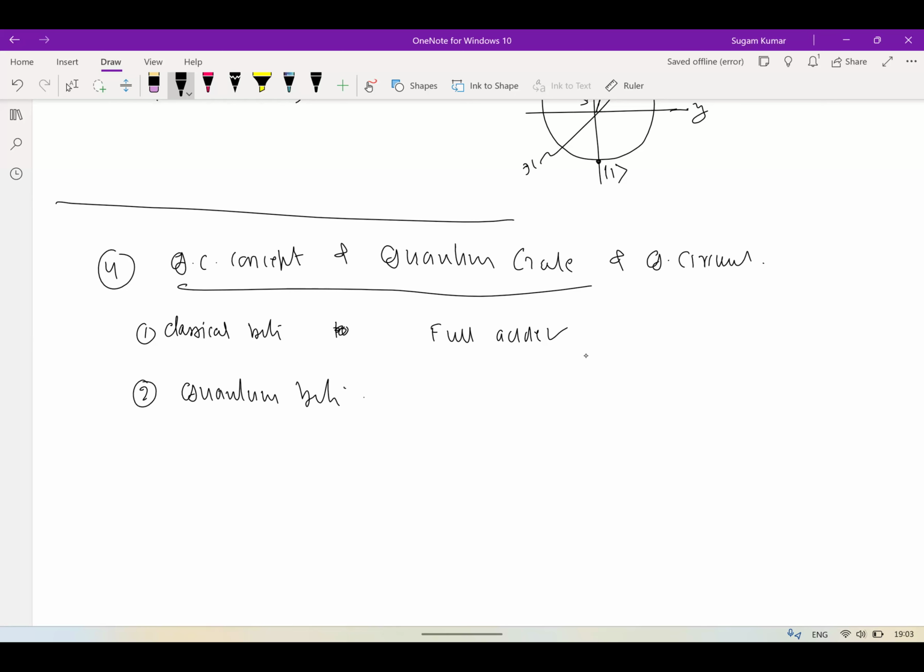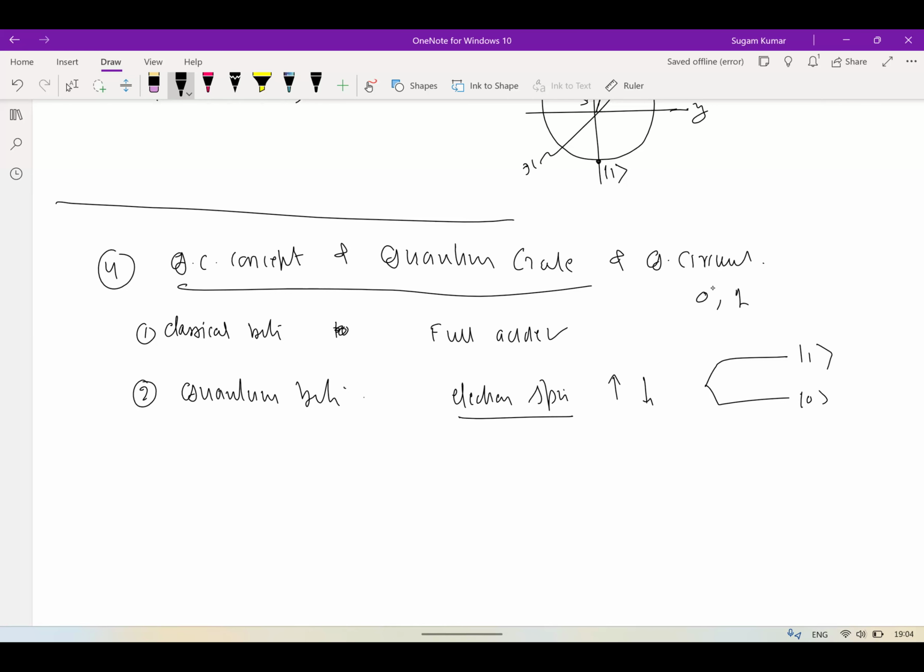So in the quantum bits, I will explain to you that different platforms use different quantum bits. For example, electron spin, which is nothing but existing in up and down spin both. So I need a two-level system. Any two-level system can be used as a bit. Okay, so they can be used like a 0 and 1. So here, for example, it can be 0 or it can act like a 1. So any two-level system, so it can be electron spin.